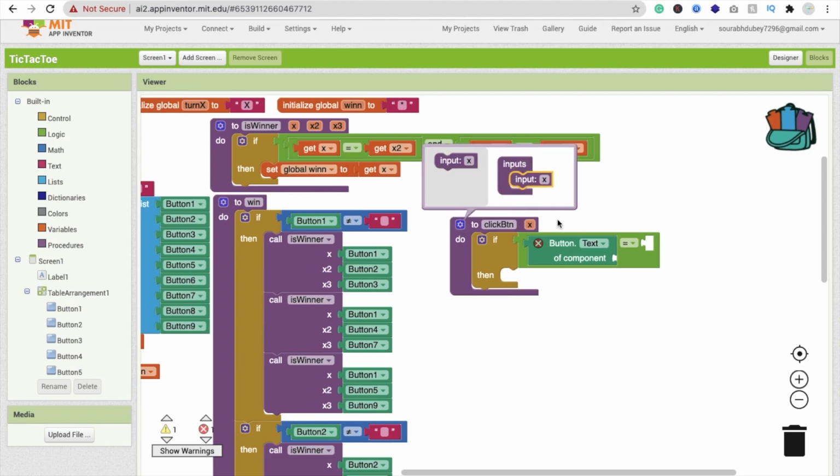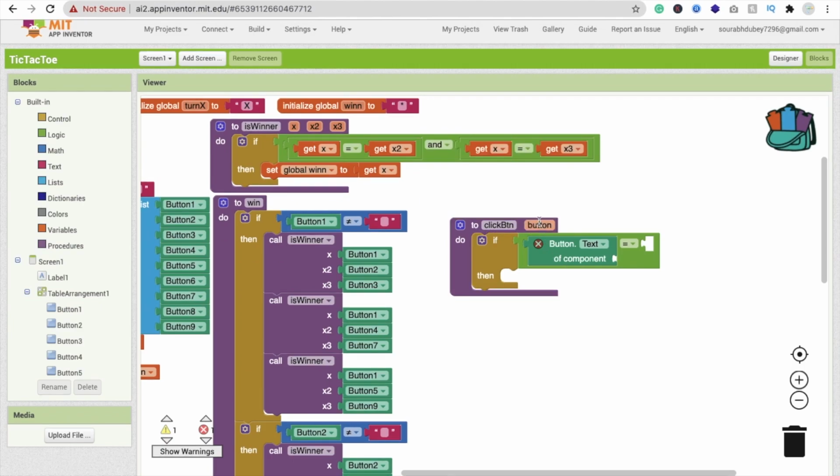Just drag and drop this here and change the input name to button, like this, and drag and drop here, like mouse over, get button. If any button dot text equals null, I'm going to copy and paste this null from here. If null, then we will proceed further.